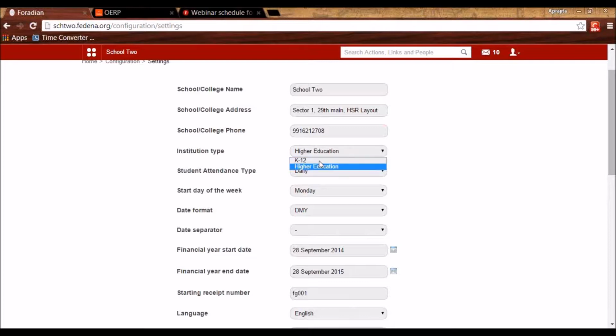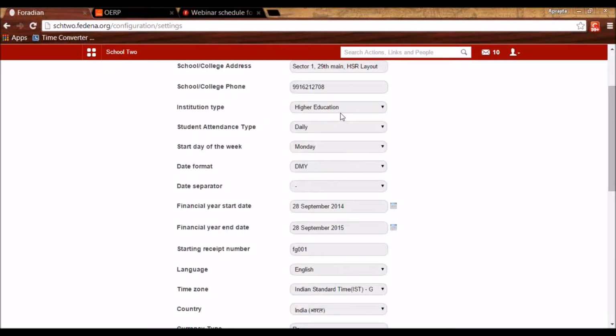So according to what you have for your institute, you have to select that from here. If you select K-12, the term course in FIDINA will be replaced by class. If you select higher education, the term course will remain course. So this is a new enhancement that we have got with FIDINA 3.4.1.